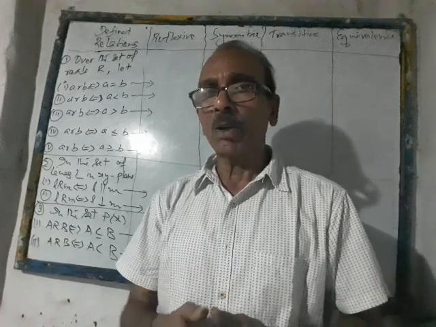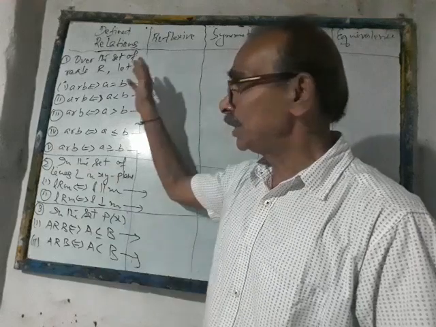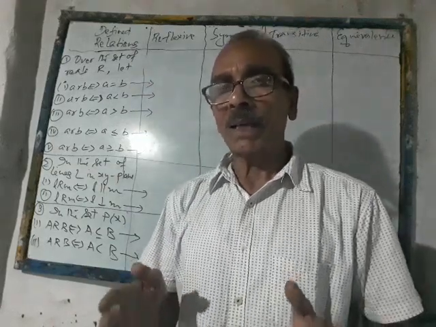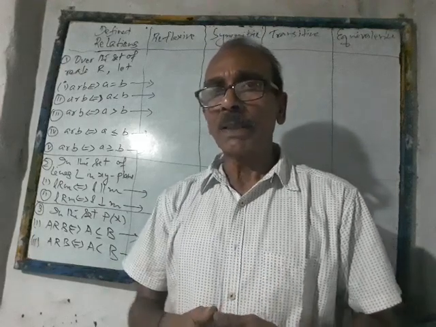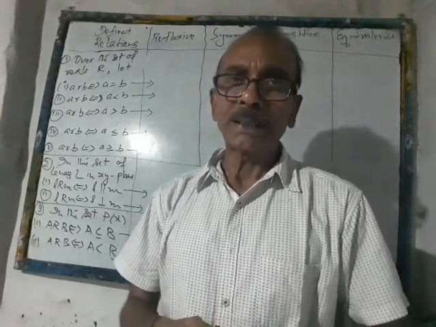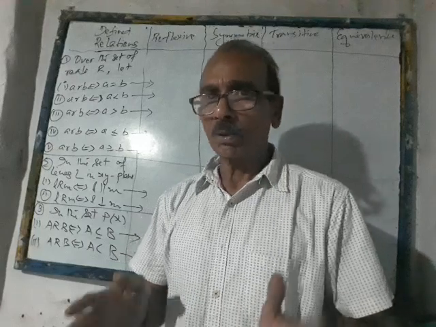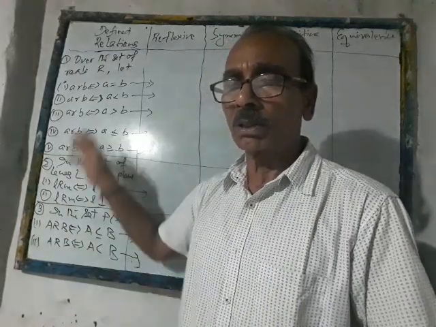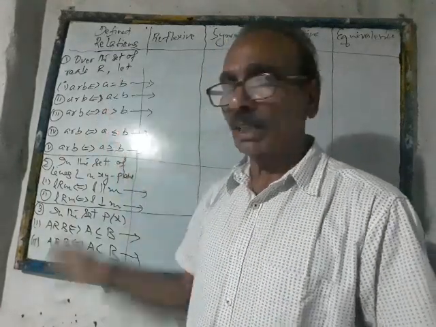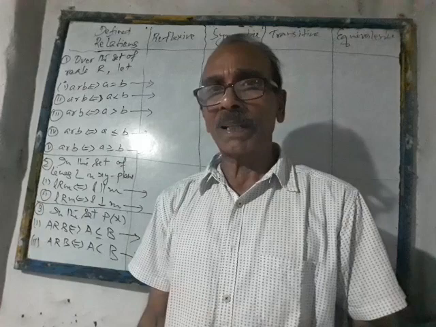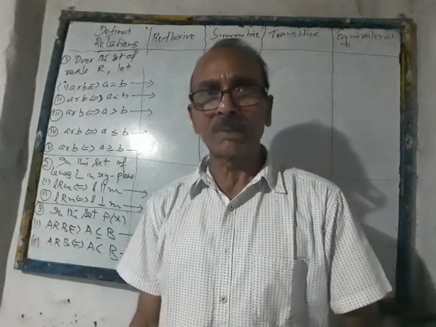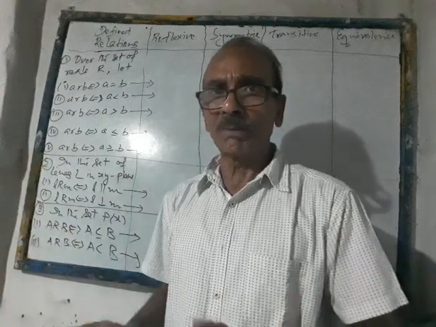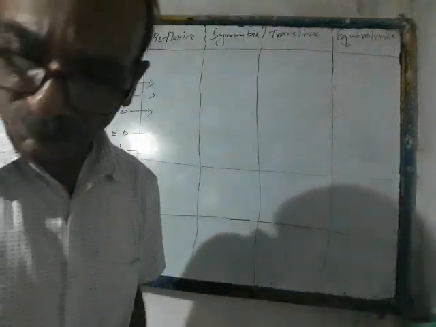Now one by one, go on watching which of these relations written over here are reflexive, which of them are symmetric, which of them are transitive, and which of them can be taken as an equivalence relation or not. So one by one we are going to discuss that. In fact, we have already discussed all of these relations separately while dealing with reflexive, symmetric and transitive relations. But here, in a nutshell, we are going to discuss all of them. Okay, so let us start from the very first one.